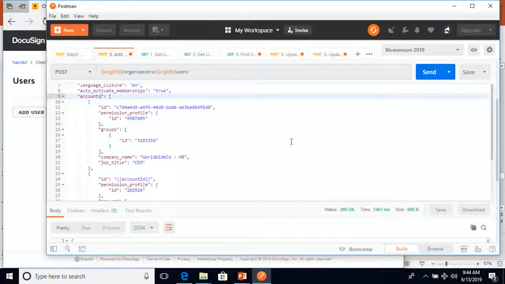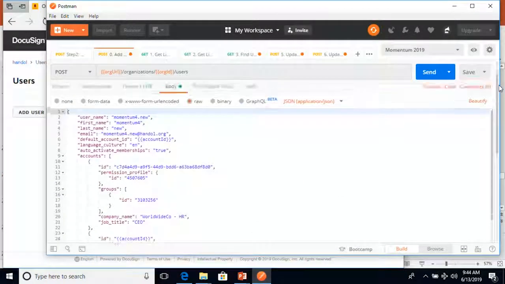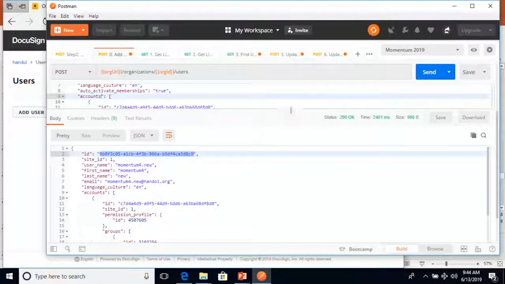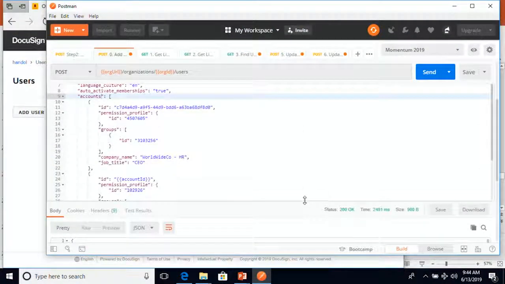We have the org endpoint. Okay, we specify the organizational ID. And in the body of the request, is this readable? Okay. So I'm going to specify the username. Make sure it's a new user.